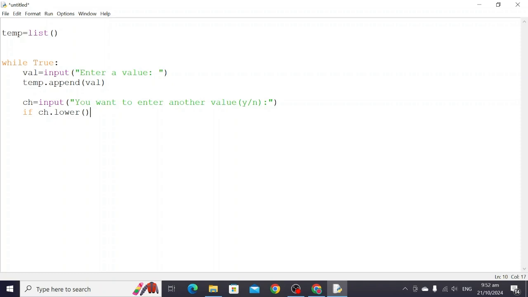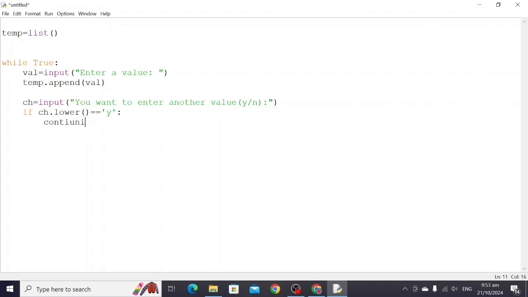Because maybe sometimes the user may press a capital letter Y, so that will not work. That is why, whatever he is going to press, either capital letter or small letter, we are going to convert to small letter only. So if ch.lower equal to y, small letter y here,